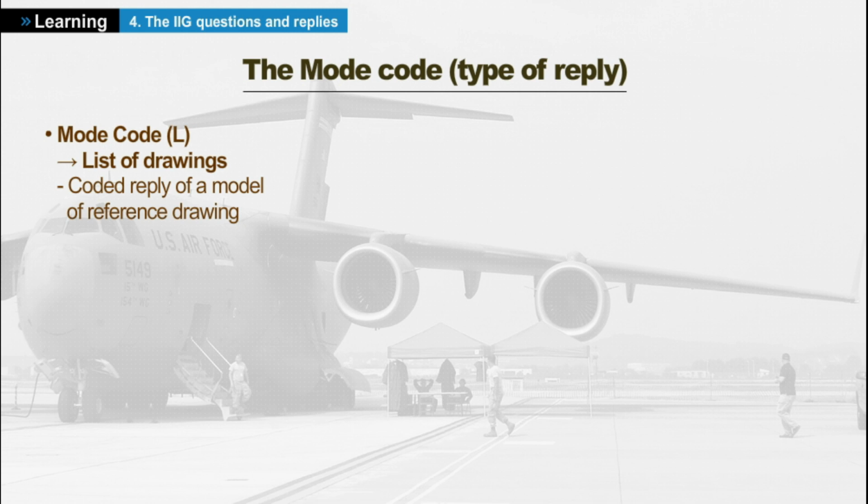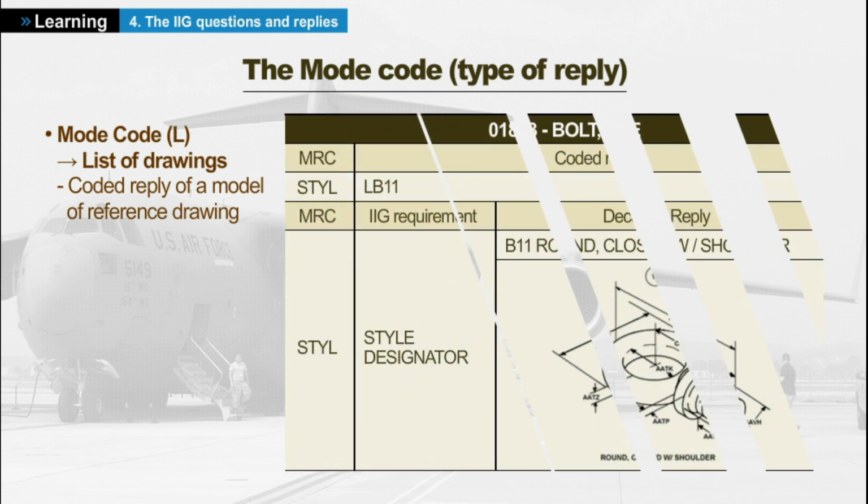Mode code L is used to refer to a drawing or an illustration. This can present the characteristics in a more direct way. Example: